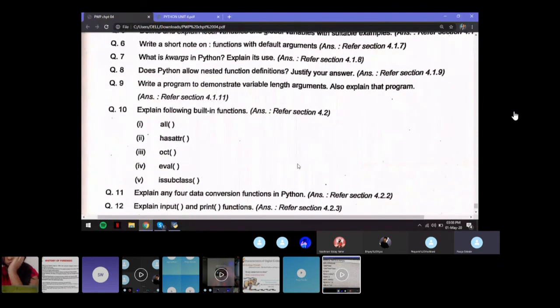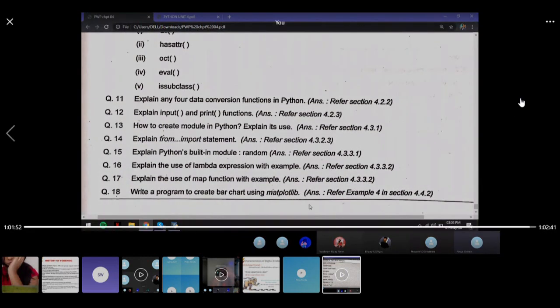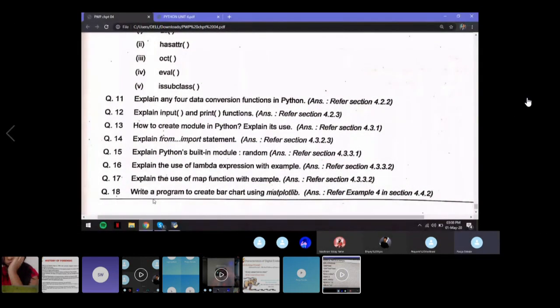They're all very straightforward, so it should be easy for you, at least now, I think. The only questions that are a bit complicated, I think, are these last three questions, where you have to use the modules to create a bar chart and everything. But those are only a few limited questions, so it should not be hard for you to find the answers.